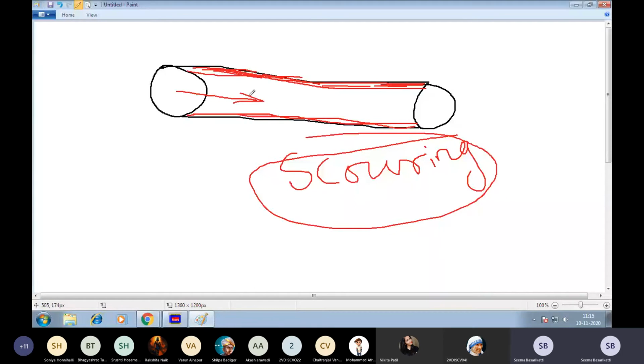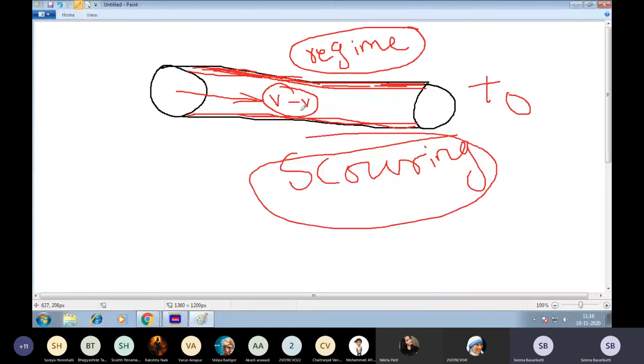As the velocity of any liquid is very high, you are going to see scouring of the sides. If the velocity is very low, then what happens? The water will not reach the destination at the required time. Therefore the velocity should be maintained in such a way that it is not too high and not too low. It should be in a regime condition.